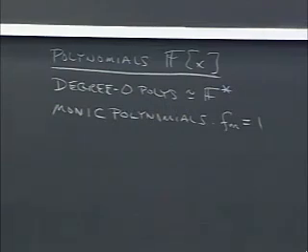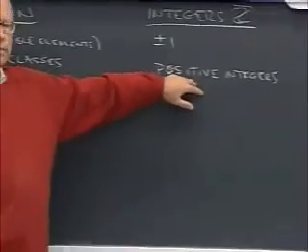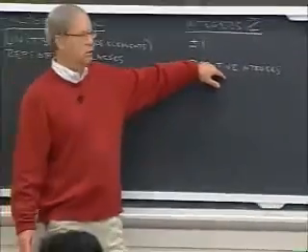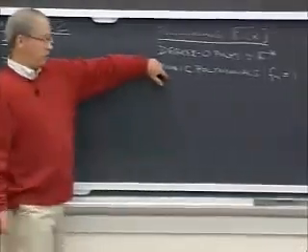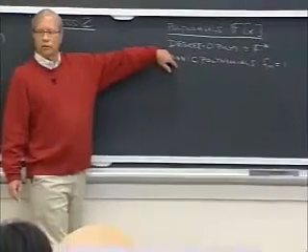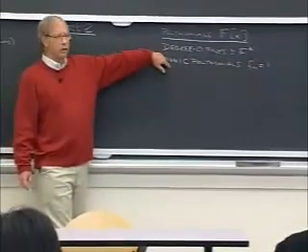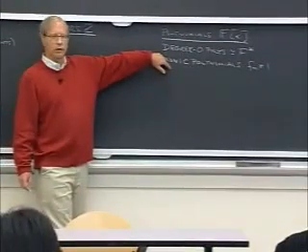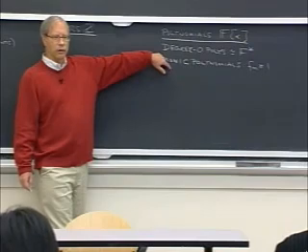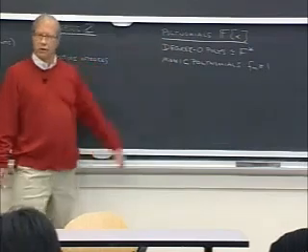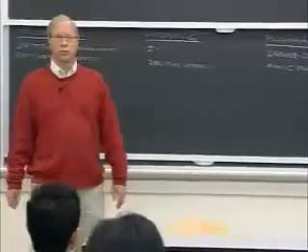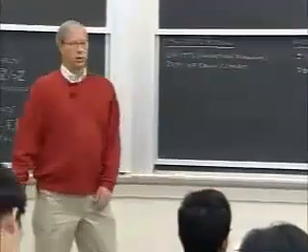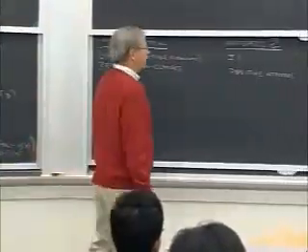And these both have the nice property that the product of positive integers is a positive integer. The product of monic polynomials is a monic polynomial, right? The highest order term of the product is going to be equal to 1. Or if you chose the lowest order one, that would work too. The lowest order term of the product would be equal to 1. All right, so